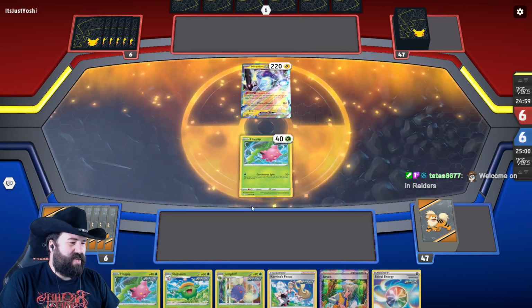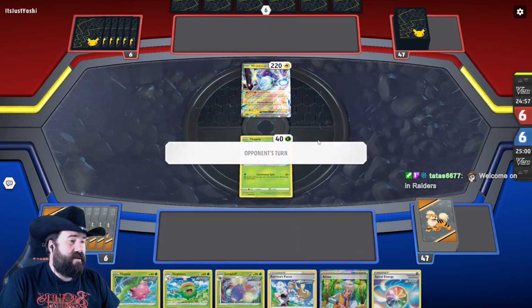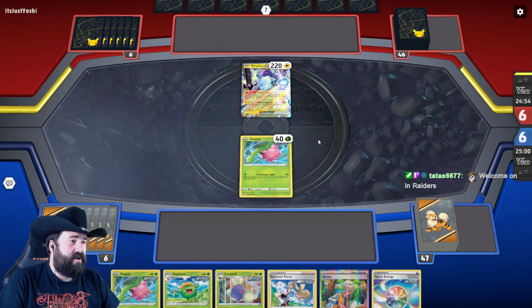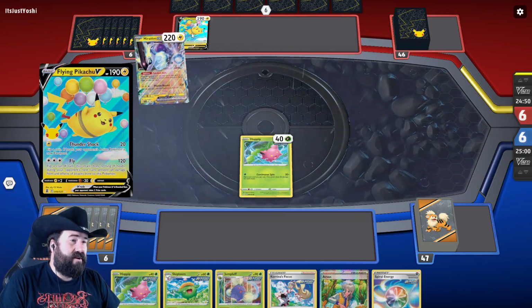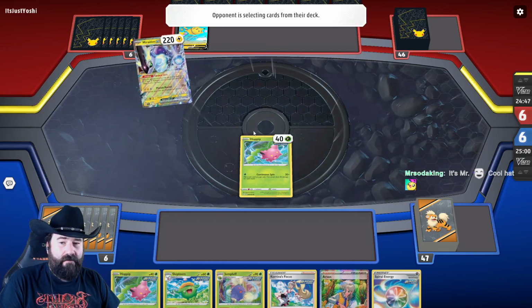Okay, this is an okay hand. We do have an Arven, so we get to get our VIP pass pretty quickly here. Okay, Flying Pikachu is less scary against our deck than other things because we're mostly going to be...